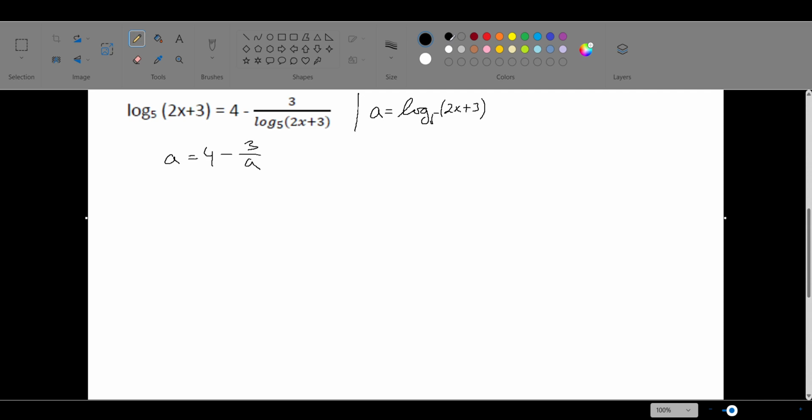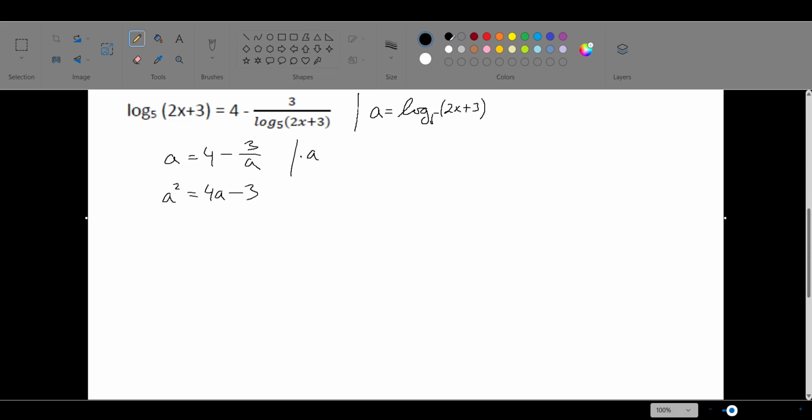So to solve this equation, you just multiply both sides of the equation by a, so you get rid of the a in the denominator of the fraction, and this will lead you to the equation a squared is equal to 4 times a take away 3, and this is again a very